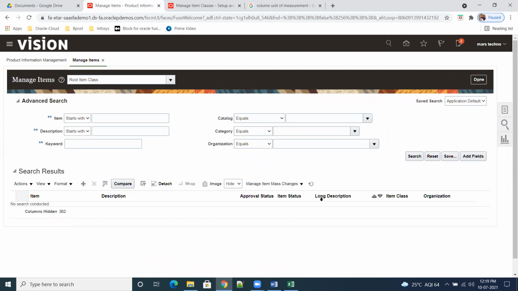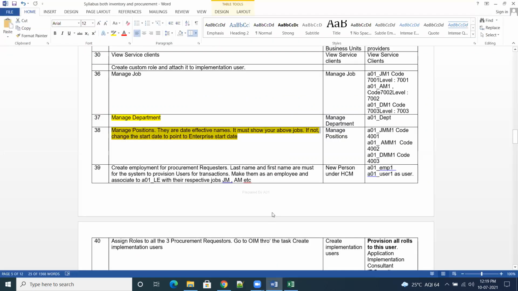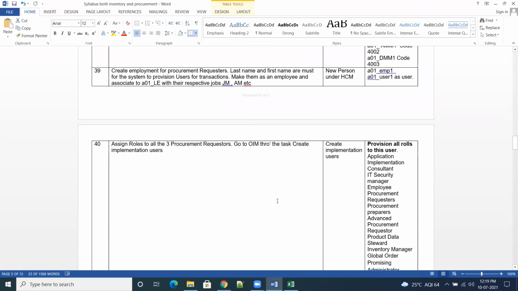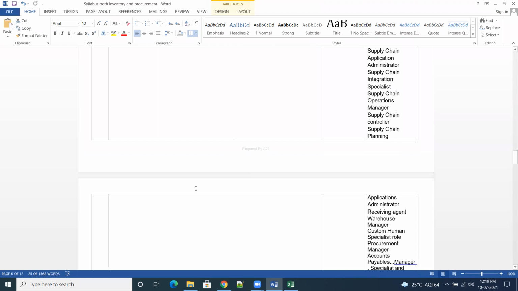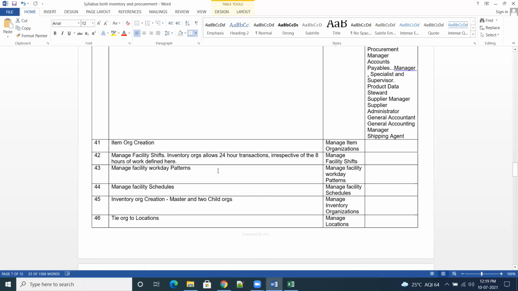So I think I'm expecting today we'll wind up the session. Any doubts on today's class? Like we can load the categories also, right, Ramu, through FBDI? Categories, sir. Categories also we can load. Yes. It's not FBDI. We have one more other process. So through item import and export option, from there you can do.